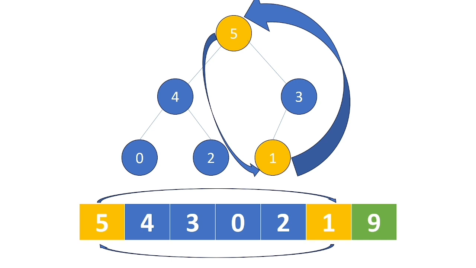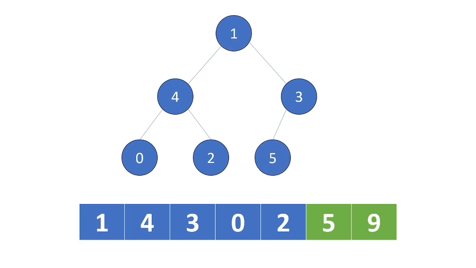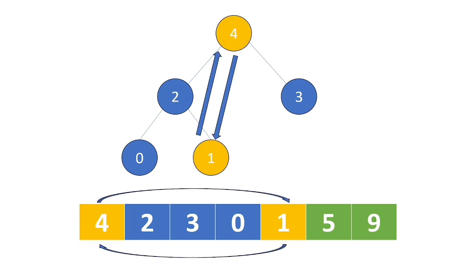Now we will perform another swapping. So we swap the root element with the largest value. Since we swapped the root element and the largest value, we will now ignore the sorted element of the array. Now we will perform again the heapify to get the max heap of the unsorted array. Now we swap again the largest value and the root element.